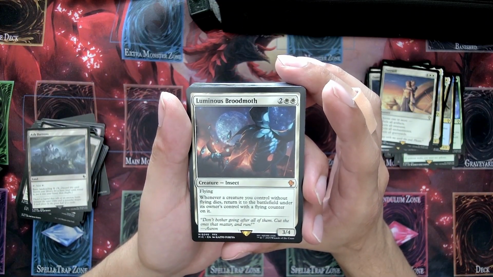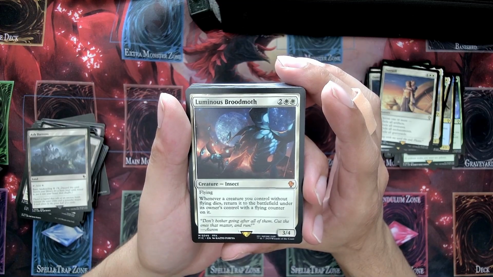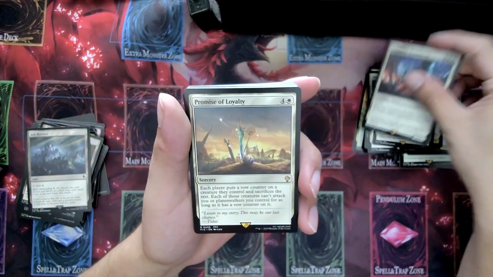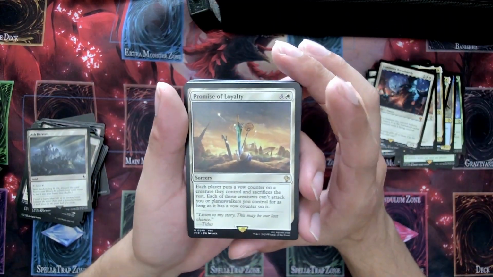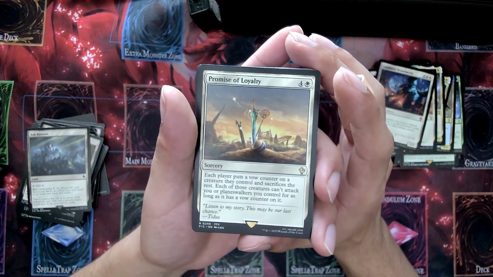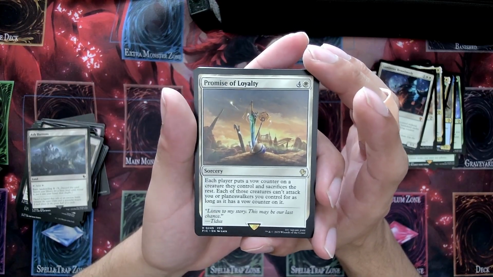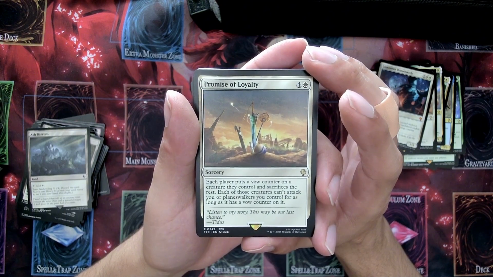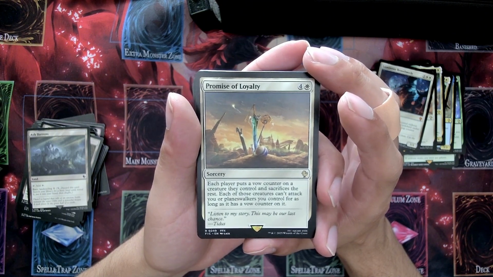Whenever a creature you control without flying dies, return it to the battlefield under its owner's control with a flying counter on it. Yes. Fantastic. Promise of Loyalty. Hey, I think this card was in the Planeswalker party precon. Each player puts a vow counter on a creature they control and sacks the rest. Each of those creatures can't attack you or planeswalkers you control as long as it has a vow counter on